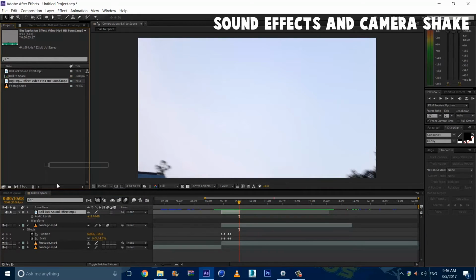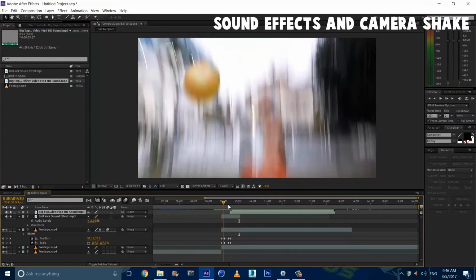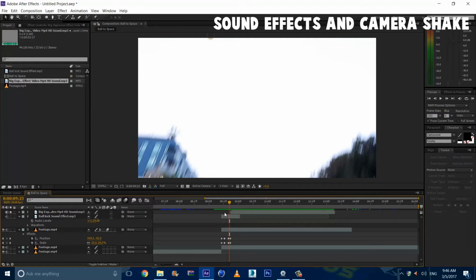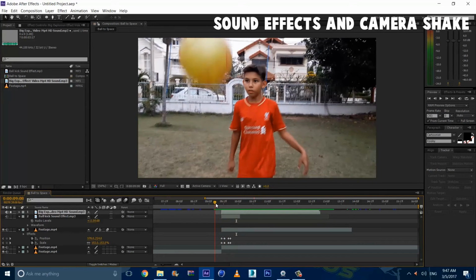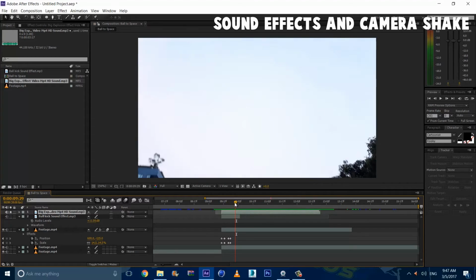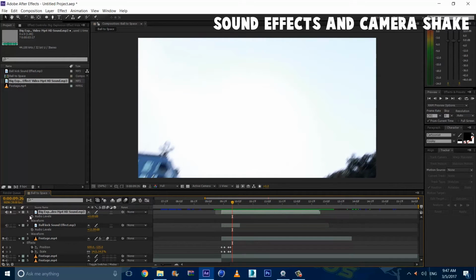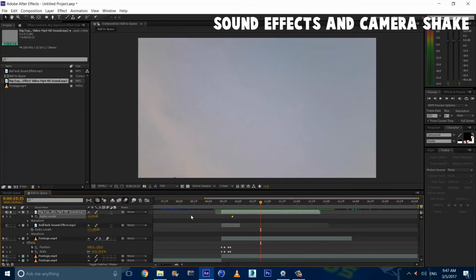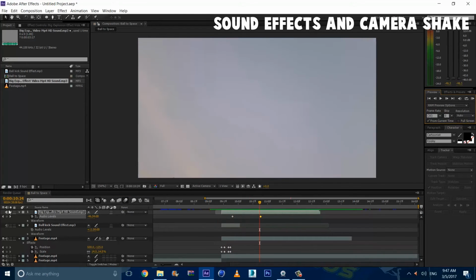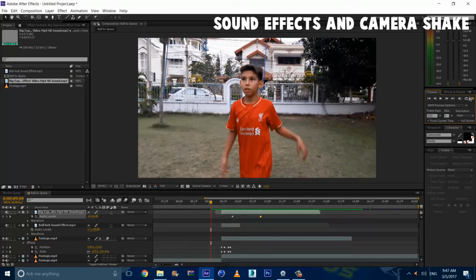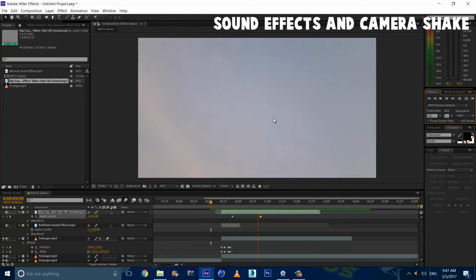And let's bring our explosion sound effect. And let's see where it starts. Unsolo the last one. So this is probably where it starts, and just put it here. And after a while, we want to hit L, hit the stopwatch on audio levels, and just go to about here maybe and lower it. So now we should have sound effects ready. And we can unsolo this now. And that's it for the sound effects.